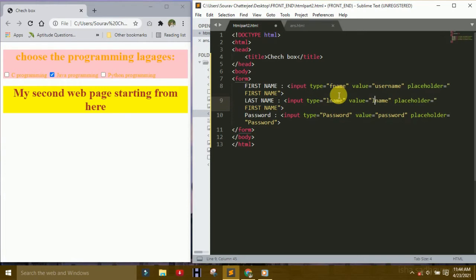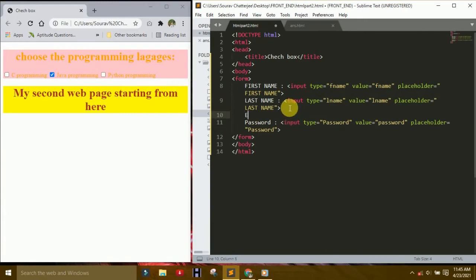Okay, name, and also last name, password, and for understanding first name, last name, then email.